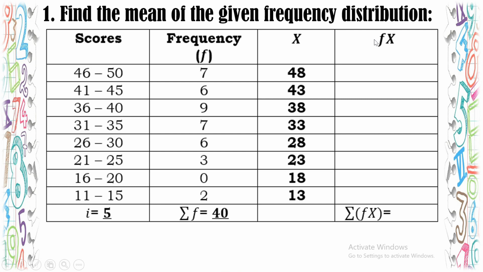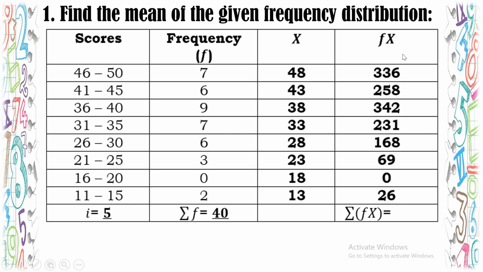Now we have the column for fx, which is found by multiplying the frequency by the class mark, f times x. So we have, from the bottom, 2 times 13, that's 26. 0 times 18 is 0. 3 times 23 is 69. 6 times 28 is 168. 7 times 33 is 231. 9 times 38 is 342. 6 times 43 is 258. And 7 times 48 is